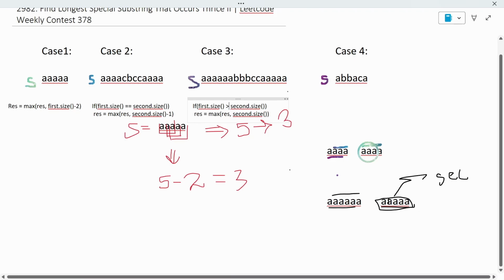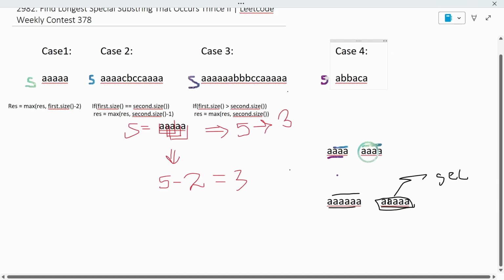Now the last case is when we have three strings of size 1, right? When we have three strings of size 1, then it is the only possibility that we take all of them into the count, and when we have three special strings of length 1, then we can